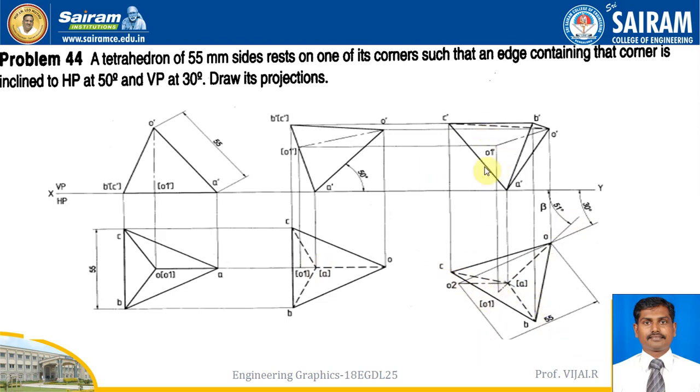Then we will draw the front view, from where we are going to see. So what is the base here? CAB is the base, which is hidden here, but when we are seeing from here, this base we have to show as visible, and draw the remaining outer boundary as I said. This visible edge we know, and the remaining edges passing through the visible base should be hidden. That's it. You can easily finish it off.